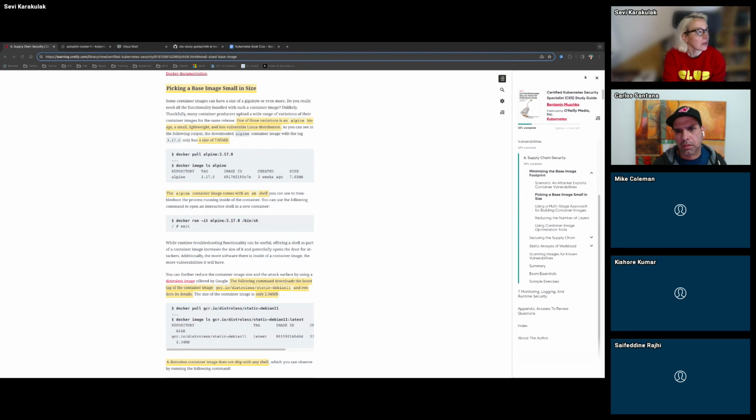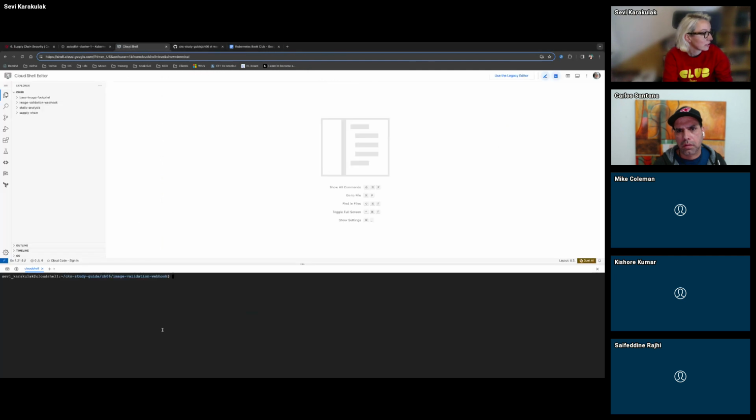So many container producers have variations of different types of distributions, and one of the popular ones is Alpine. It's a small, lightweight, and less vulnerable Linux distribution. It is actually 705 megabytes. Let's see if I can